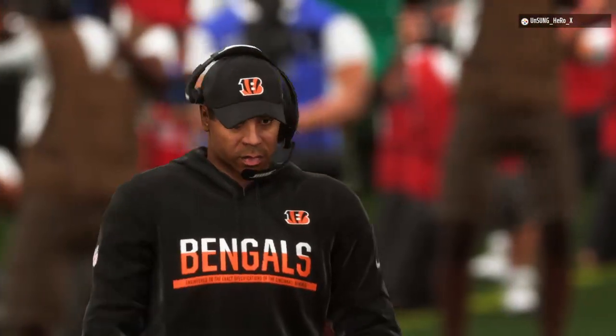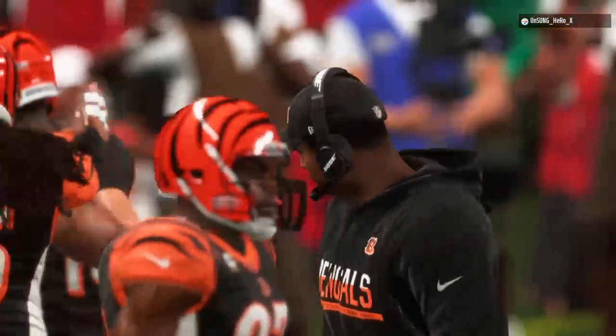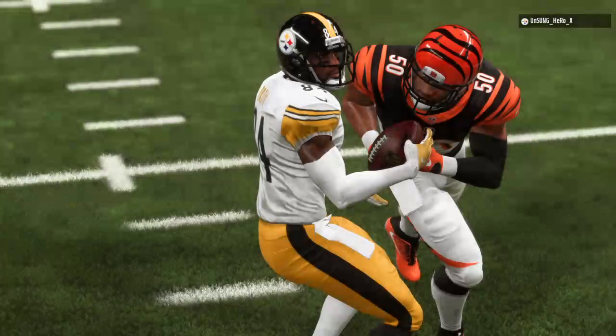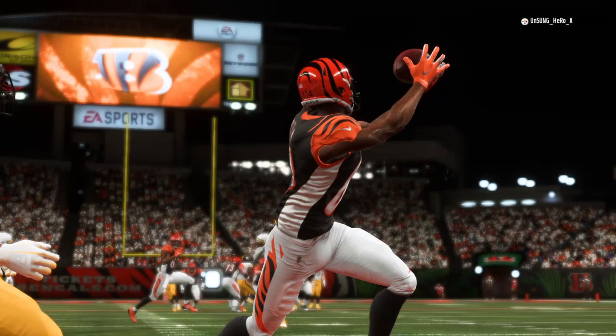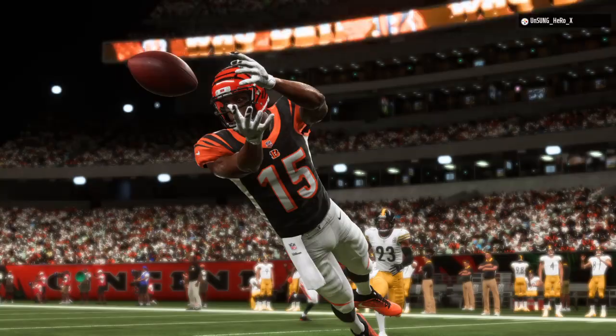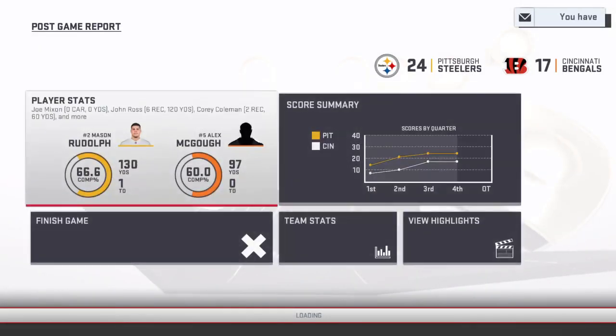A road win in the National Football League. Charles, you never take that for granted no matter who you're playing, no matter where you're playing. You take it and you run with it. And you know you primed the pump all week in your own home facility. No one thinks we can do this. Only people who believe are right here in this room, and then you go on the road, band together, and get it done. So for the Steelers,